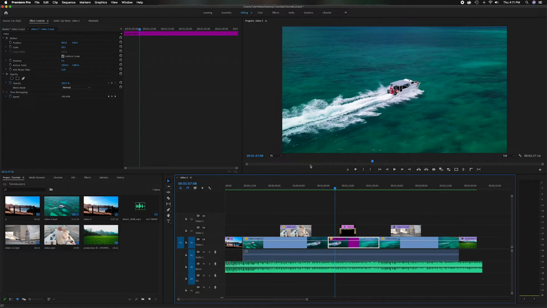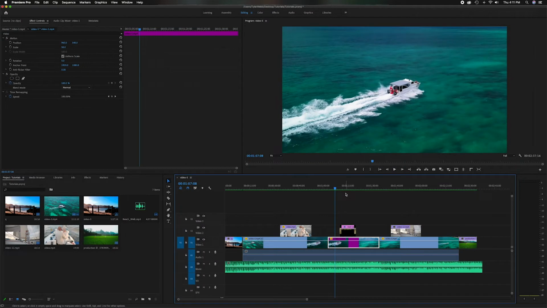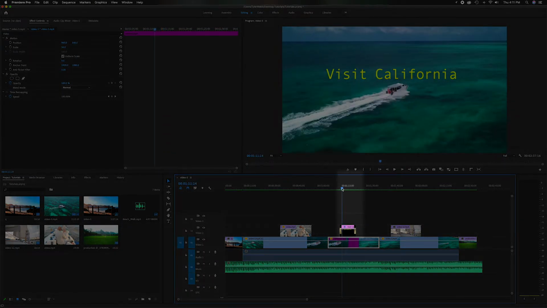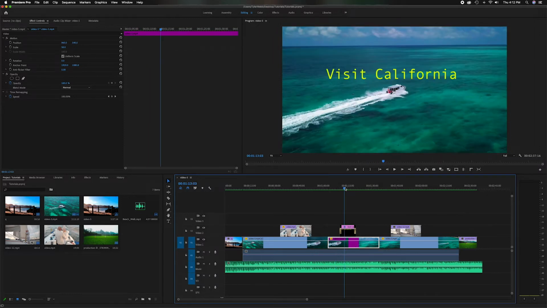I've added some clips here in the timeline, and you notice this one here right in the middle. I've kind of gave it a color code of purple, just to identify it more. And I've also added some text above it that says Visit California. So I want to add visual effects to this clip, just to make the text pop out a little bit